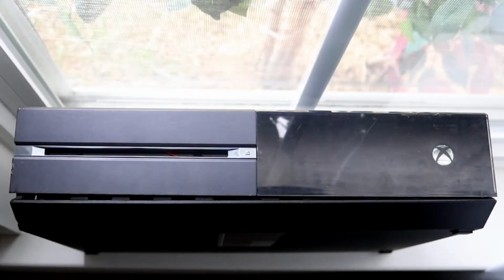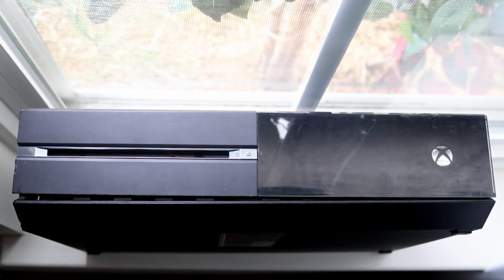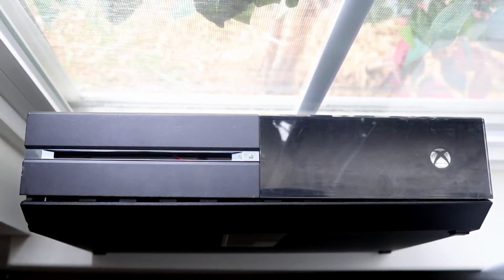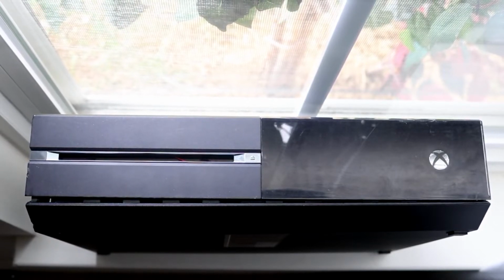Welcome back everyone. Let's go ahead and do a somewhat quick comparison of the Xbox One and Xbox One S in 2022. Now these consoles are quite a bit different nowadays because they're a little bit older, but I will definitely tell you, if you have the money, I would just recommend going up to the Xbox One S. Although it may be a little bit weirder here and there, I think this is a very solid console and